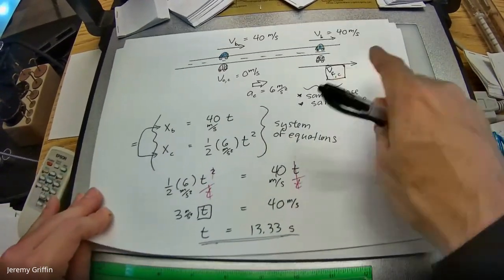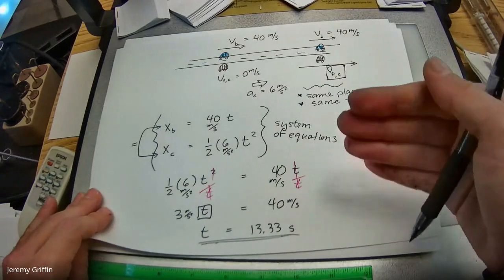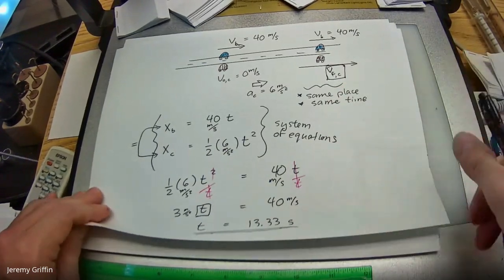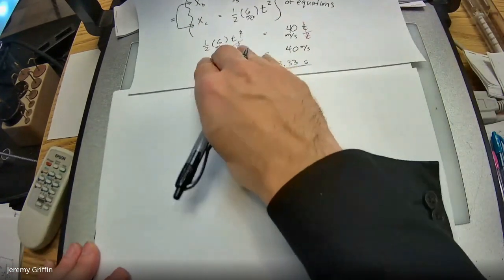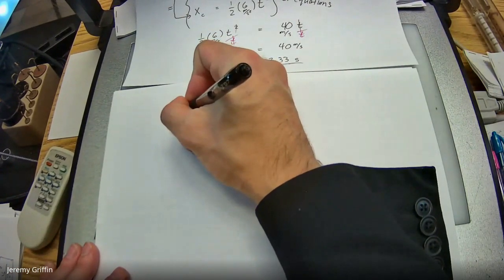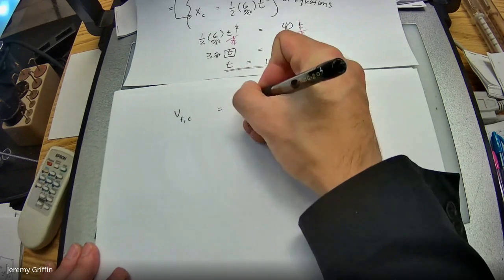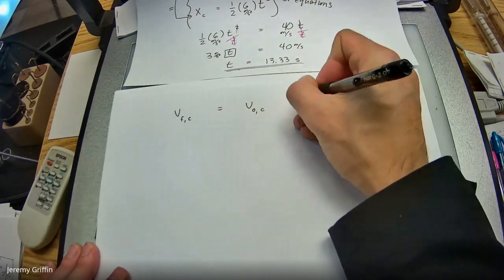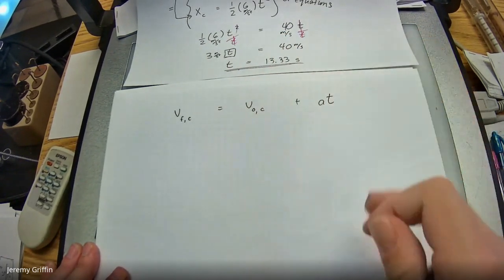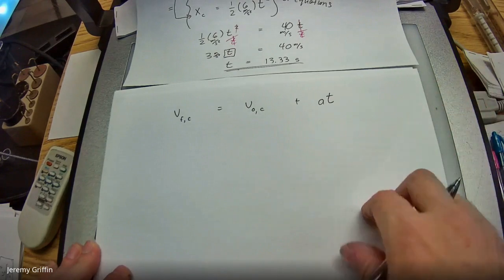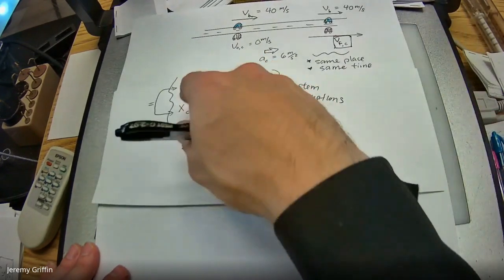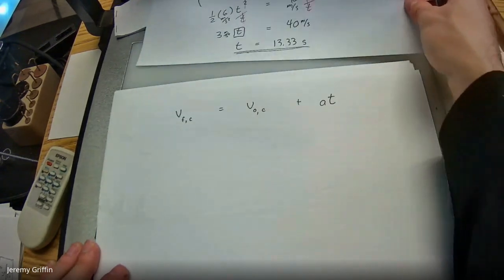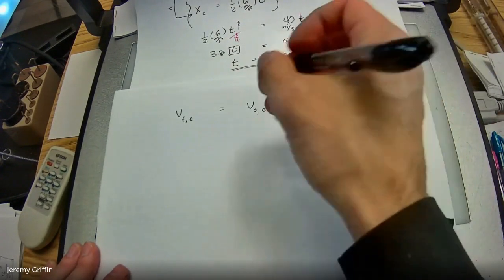So now let's create a new equation for the cop car, and since we know the time, we'll just plug that time in. You guys see that? The speed of the cop car equals the original speed plus acceleration times time. Or you could have gone v squared equals v naught squared plus 2ax, but that would have been an extra step because you have to go back and solve for x first. So this is the fastest way to do it.